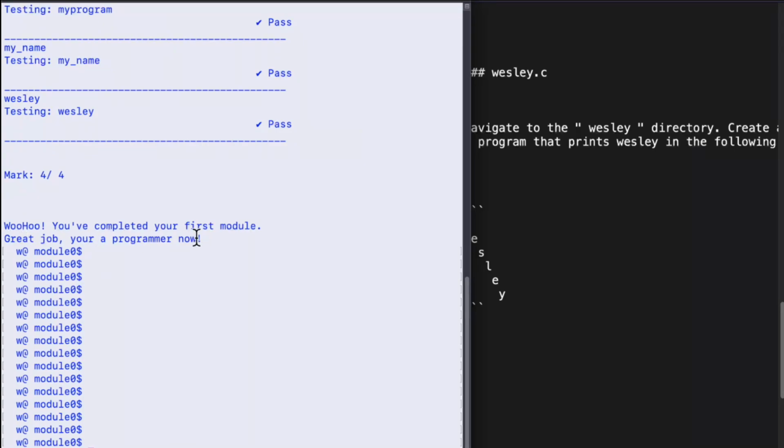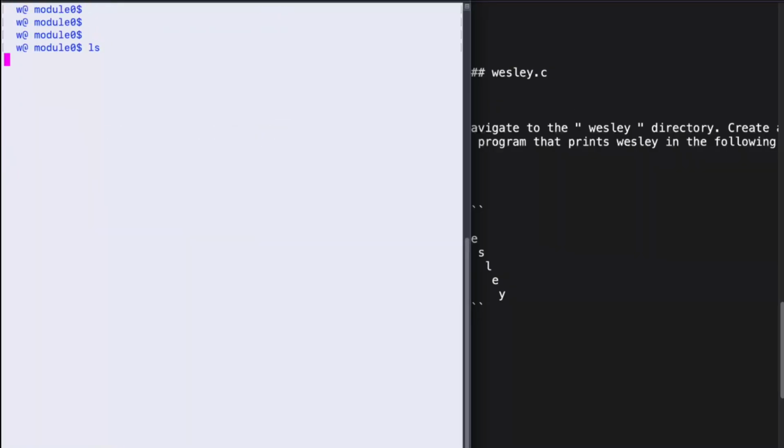Woohoo! You've completed your first module. Great job, you're a programmer now. Congratulations, guys. Now, what we have to do from here is submit your module after you complete it. So it doesn't automatically submit, you have to submit it yourself. So if we list, we're going to use this program here, submit.sh. So just run